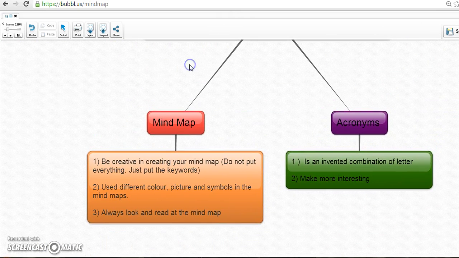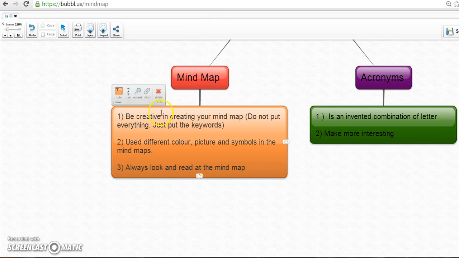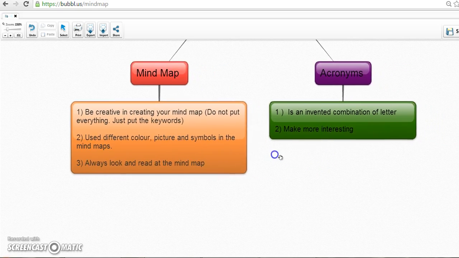Moving to the next technique, which is the mind map. A mind map is one of the easier ways to learn, memorize and understand. Be creative in creating your mind map. Do not put everything, just put the keywords. Use different colors, pictures and symbols in the mind map. And last, always look at and read the mind map. You can read the mind map and take a look before you go to sleep or after you wake up in the morning. The last one is